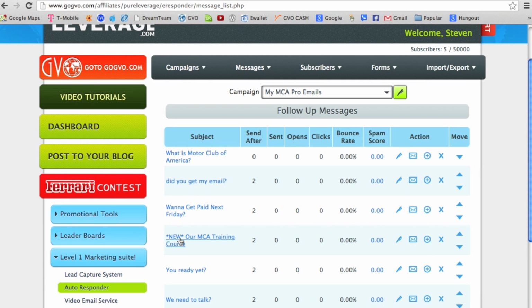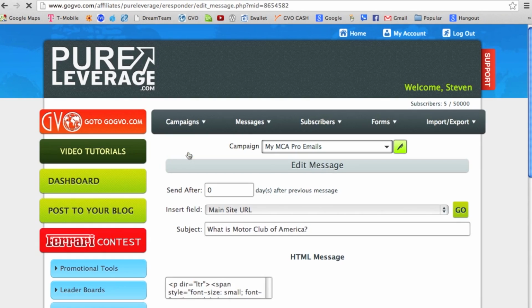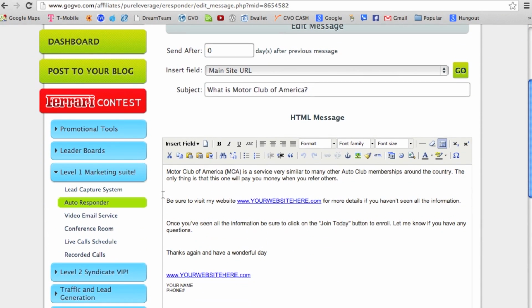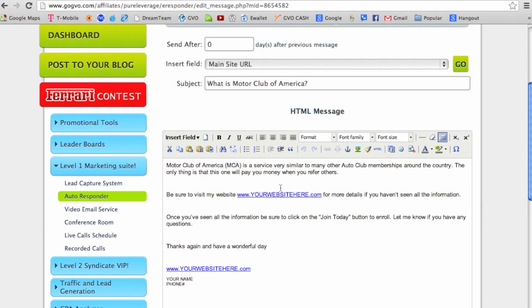Okay, now what you have to do on all these different messages, guys, is click on the actual message there. It's going to bring up this page here. What you're going to need to do is, one, read the entire email of each message, okay? Because you might want to add something or you might want to take something out. But the one thing that you definitely want to do is make sure that you put your web